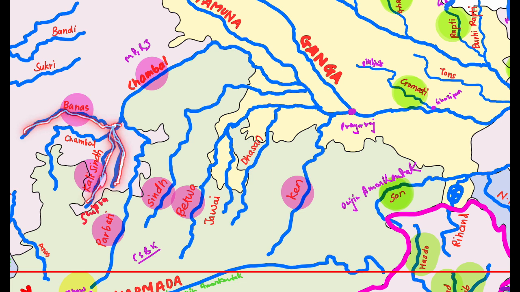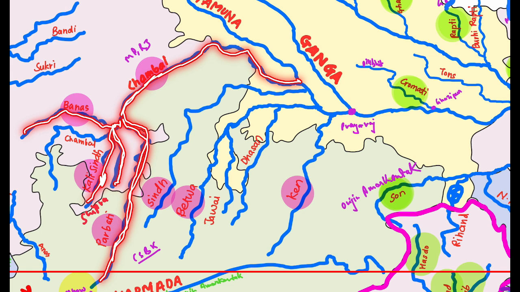Then it is Parvati, which originates from Mau in the Malwa Plateau. All this makes Chambal. Here Chambal comes and joins. Next, Sindh. Sindh River here joins